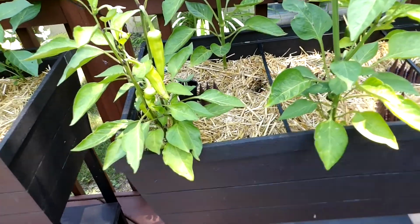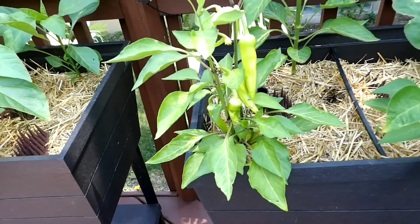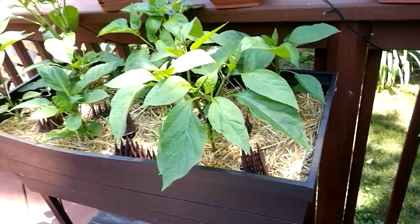This I thought was a jalapeno. I think it's a banana pepper again. We might not have any jalapenos this year. And then this one,